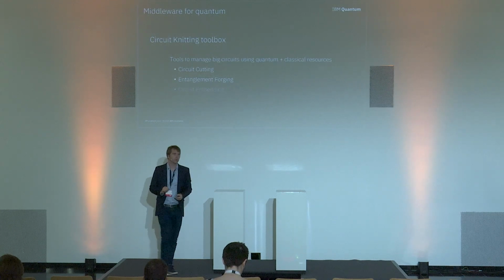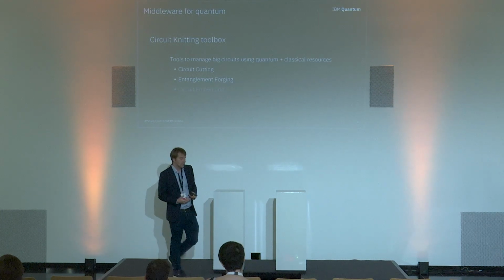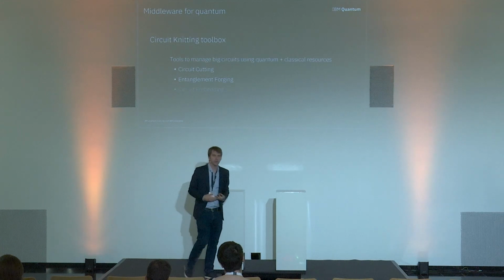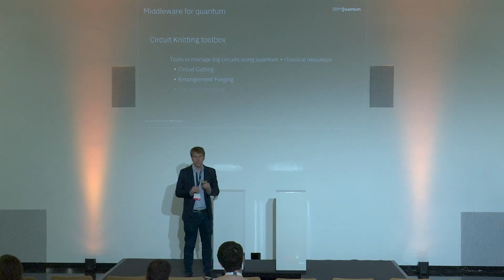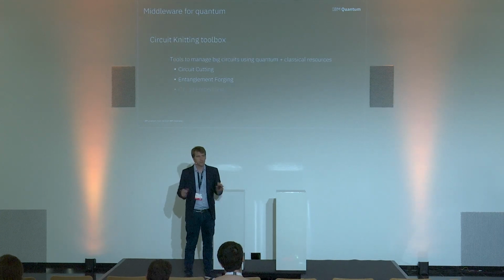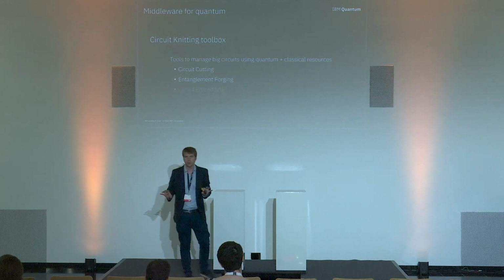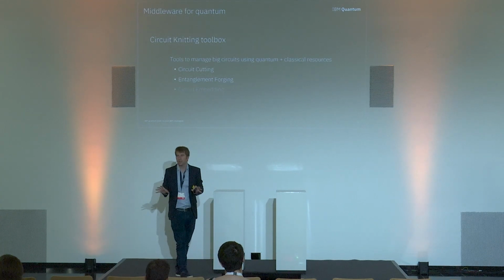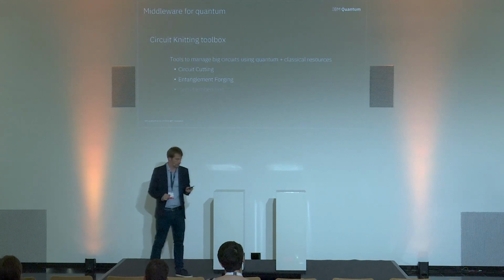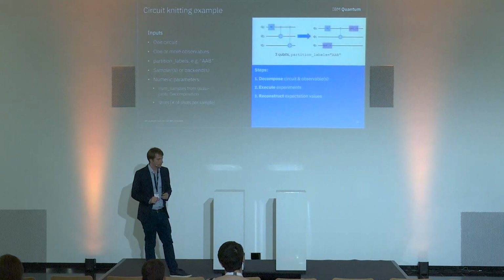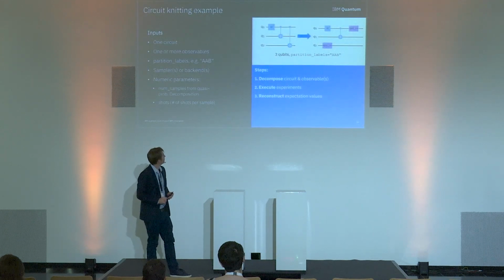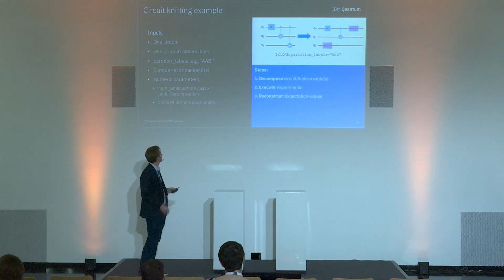Now, also maybe one point to mention is that circuit knitting is a trade-off. You can engineer this connectivity, or you can split the circuit in components. The price that you are paying is that you will need to execute more quantum circuits, right? So there's a bit of a trade-off here to keep in mind. Now, let's take an example of how this might look like from the perspective of the user.